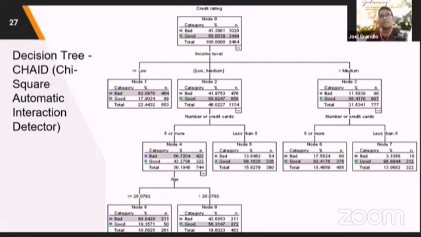Through decision trees, so we're able to determine the possible effect or the importance of each of these variables towards the dependent variable. So gaano kalaki yung effect ng income level? Gaano kalaki yung effect ng credit cards? Okay? And at the same time, you're able to determine the possible prediction, a sort of prediction. For instance, without any predictors,